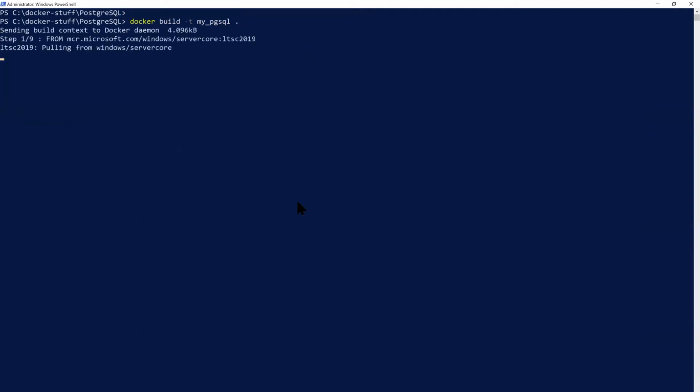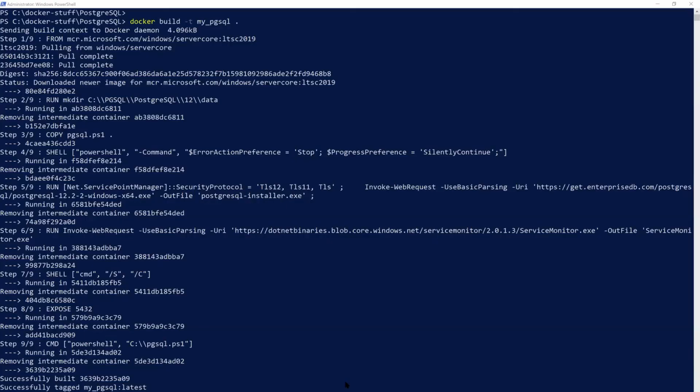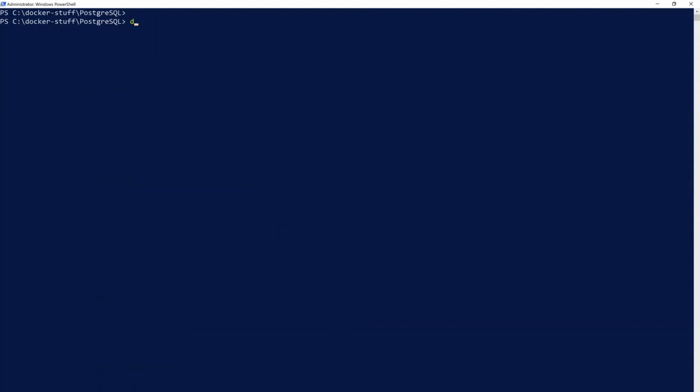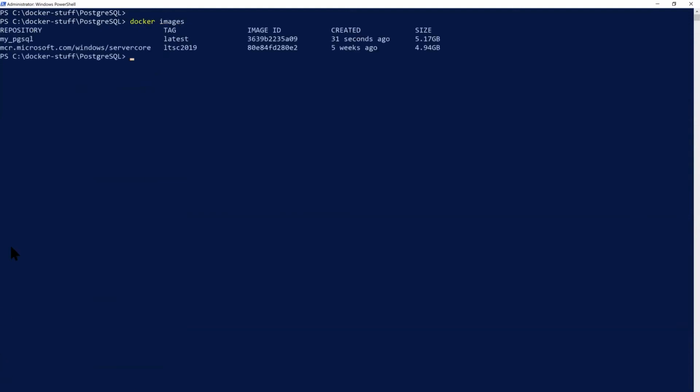So this particular command will try to create the Docker image, and it will take a lot of time. So I'll pause the video here. Once it is completed, I'll come back. All right, so the image build is completed. Here you can see we got the successful message. Then check docker images. There you go, the image was built just now, 31 seconds ago.